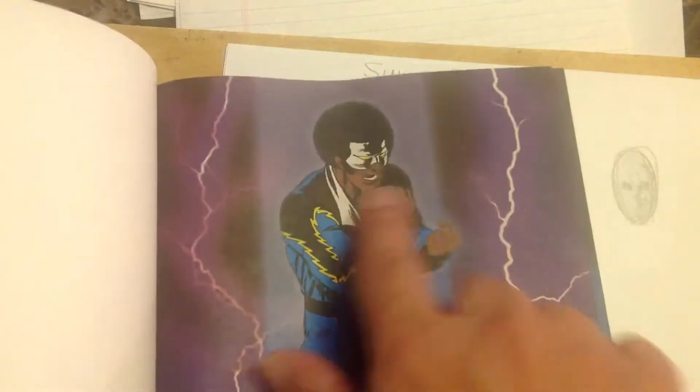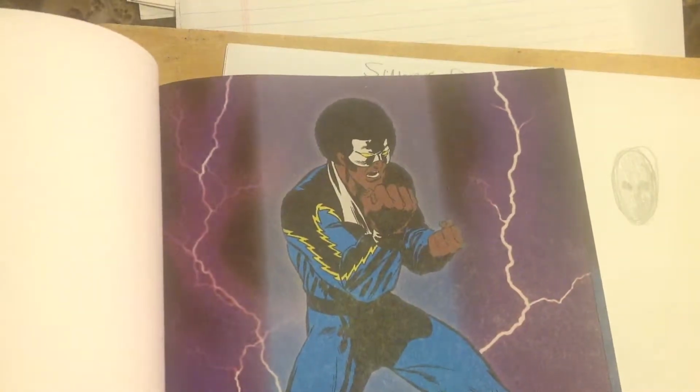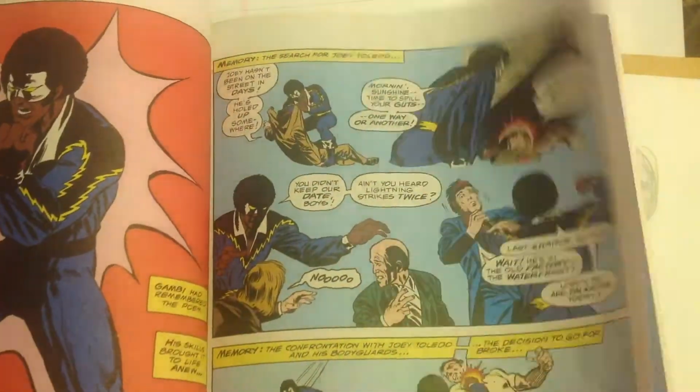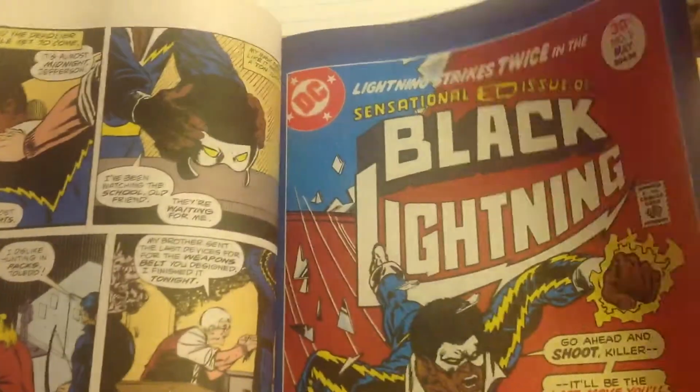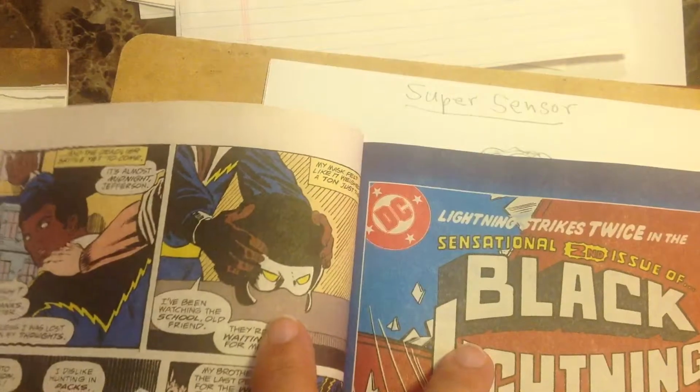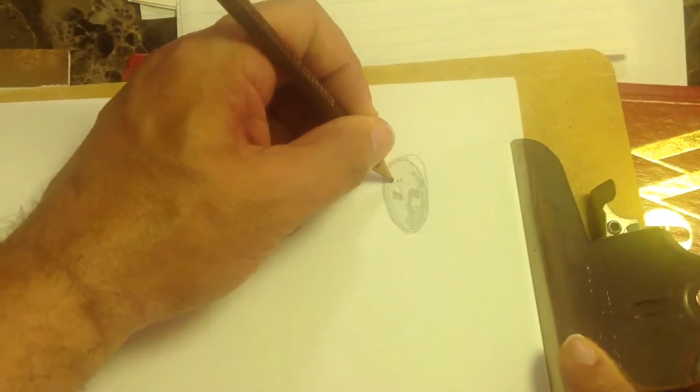The thing is that he could take the mask off. See the big afro and the mask? He could take the mask off. And I should have prepped this for you. I didn't think I was going to be doing this. But when he took the mask off, this is what it was like. Okay? So I'm going to do something like that with Super Sensor, except instead of a big afro, I'm going to make him